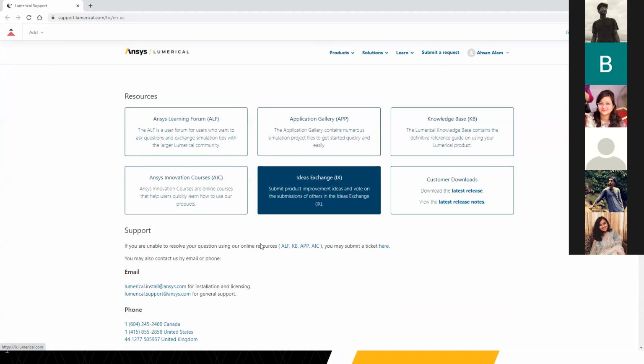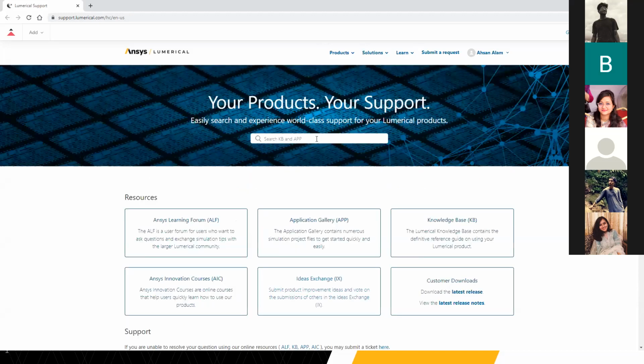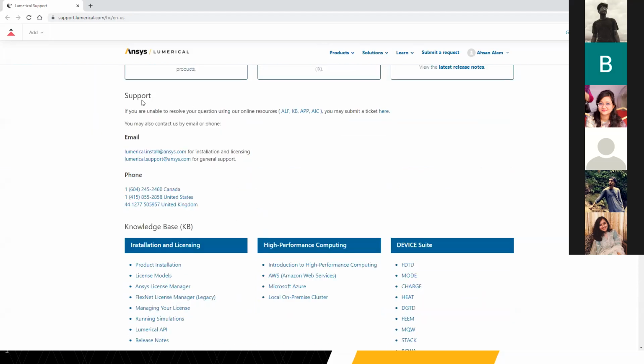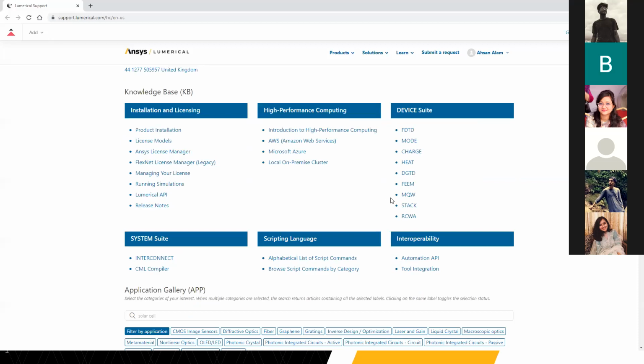And then once you have registered, you should have access to these pages. So we call this the knowledge base. And it gives you information about all the different tools. So here you can see the device suite that we just talked about. And so you can get more information about these different solvers. For example, if you want to learn more about FDTD, you click on FDTD, and then it gives you the reference manual.